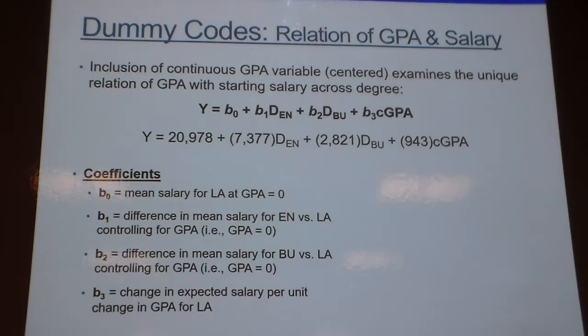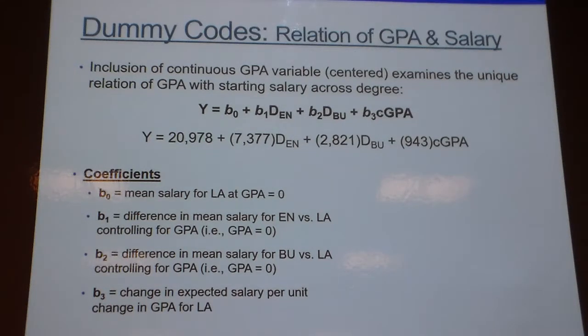A C in an engineering class is different than a C in a psychology class, right? So there's probably differences here, but the way we look at across, say, all 3 of these majors, if we hold that GPA constant at the mean, this is our expected starting salary for individuals with a liberal arts degree at mean GPA, okay? Our coefficient here is the difference in the mean salary across engineers and liberal arts majors, controlling for degree, right? Beta 2, the difference between mean salary for business versus liberal arts, controlling for GPA, and